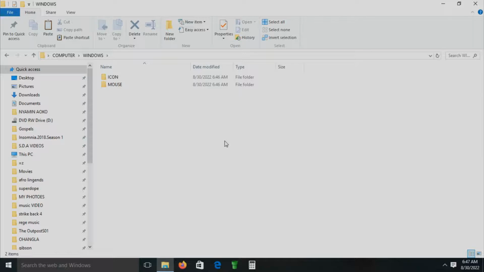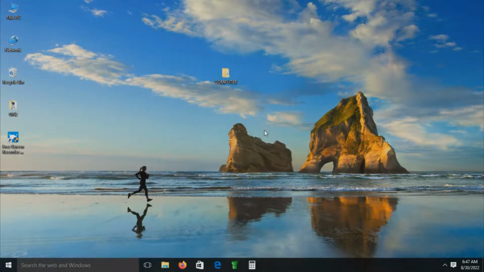So next is copying folders, maybe renaming and moving. Let's close this first. So number one, we can be asked to copy a folder. How do you copy a folder? Copy is to duplicate or make a replica of the same. So for example, we can be asked to copy subfolder mouse